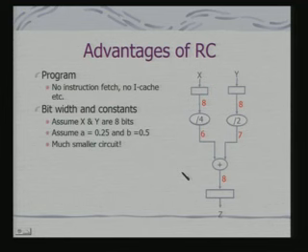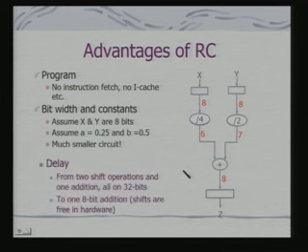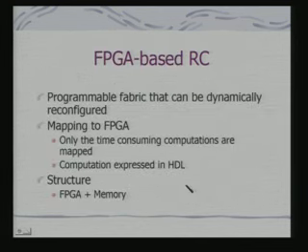So I have got a very simple circuit, and what I say is that the delay is from 2 shift operations and 1 addition, all on 32 bits, when we are using instructions, translating that operation into a set of instructions instead of this kind of a circuit. So what we have got is 1 bit addition, and shifts are almost free in hardware, because if I am using a barrel shifter kind of a circuit, building small such circuits using FPGA blocks, then I can do shift in almost no time.